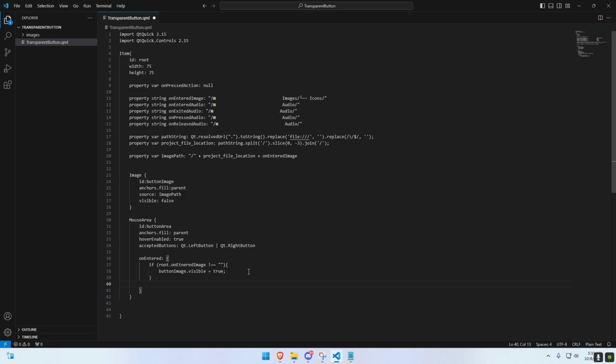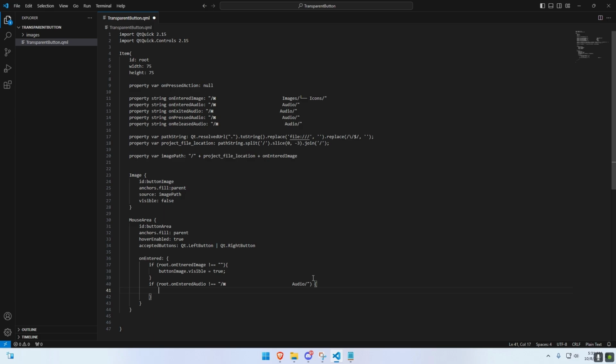We're going to come down here for another if, and we're going to say if the root.onEnteredAudio does not equal, and we're going to copy and paste this into it, which is pretty much mean blank. If there's nothing set within the onEnteredAudio,